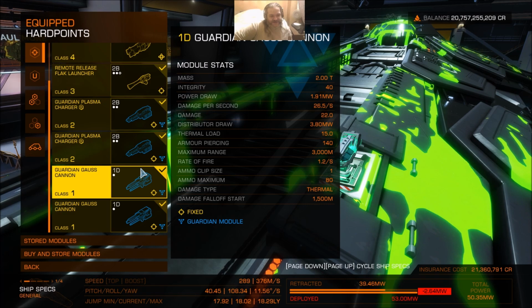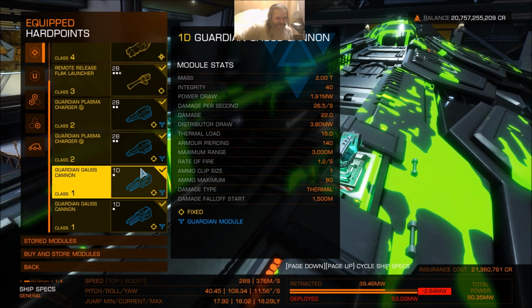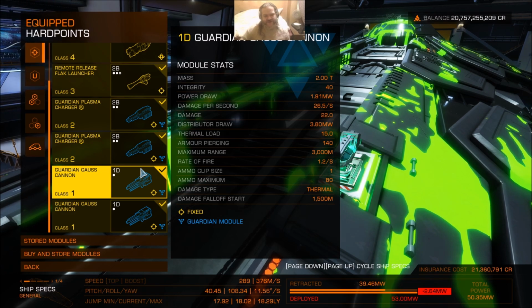So much so that now the Guardian Plasma Charger is a permanent weapon on this loadout, and it's a shame that the modified Guardian Gauss cannons were not so great. I just don't see why you would want a Gauss cannon that fires bursts of 4, because if you are just slightly out with one of those shots,